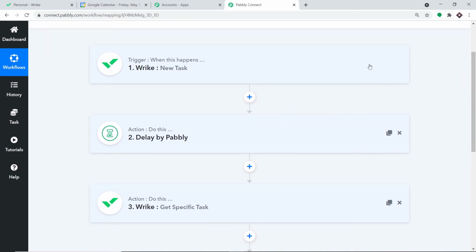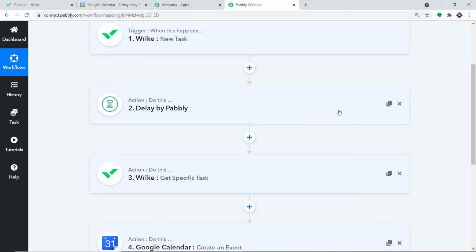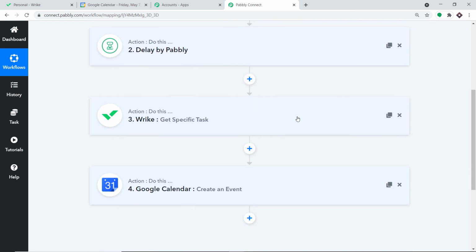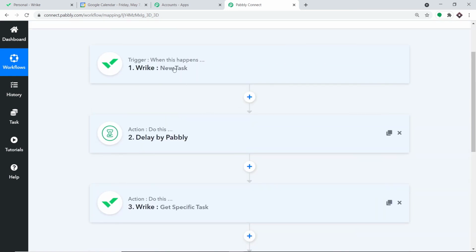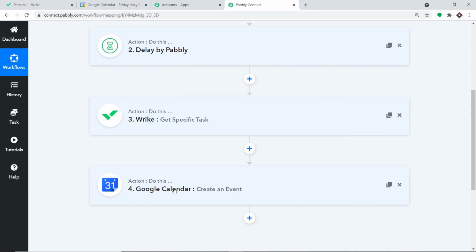First you integrated Wrike to Pabbly Connect, and then you set up the delay module. The purpose of the delay module is that we send the title of the Wrike task, the description, the assignee, the start date and the due date as one single batch, one single package. And then we have added this action event. The very purpose of this action event is to get the task related information. And of course we have integrated Google Calendar to Pabbly Connect to create an event. So now there's a perfect flow of data between Wrike and Google Calendar. Excellent.